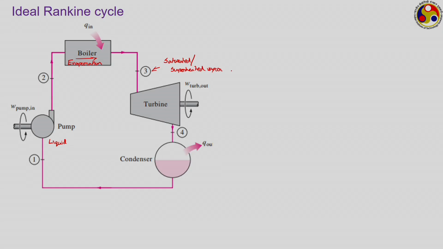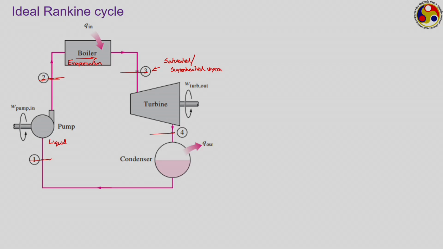Then it passes through the turbine. It is already at a high pressure level because of the action of the pump. So, the entire boiler is at the high pressure level, that is from this point 2 to this point 3, this entire thing is at high pressure. In the ideal situation, we assume no pressure loss. So, P2 and P3 are equal to each other. Then in the turbine we have the pressure drop, which leads to the work production. P1 and P4 are again equal to each other,